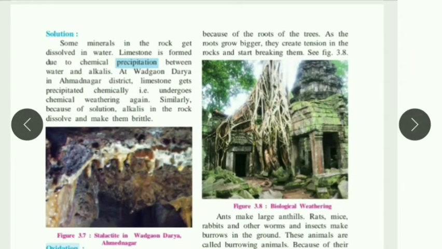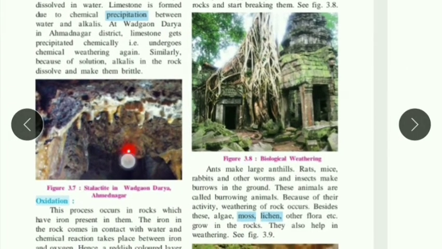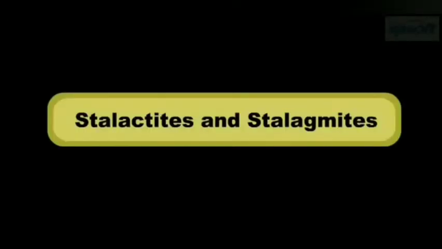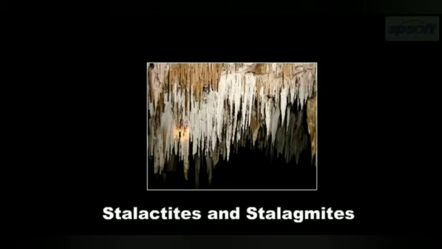Now how does it happen? Let's see one experiment, and through this we are trying to understand what a stalagmite is and how it happens. Stalactites and stalagmites. In a cave of a limestone region, one will be able to see cylindrical structures of ice, some hanging from the roof of the cave and some projecting upward from the floor of the cave. These are called stalactites and stalagmites.